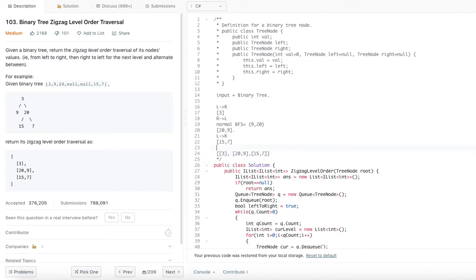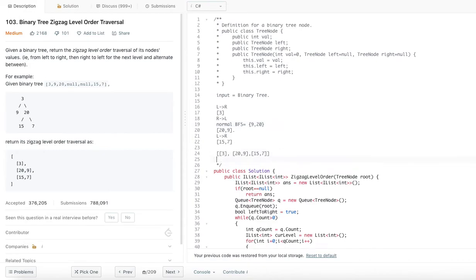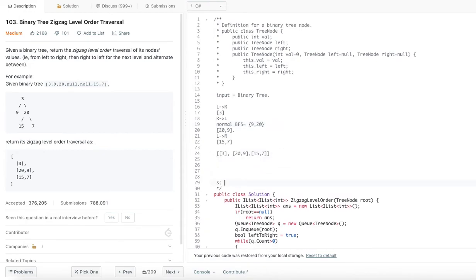So the only catch here is, we are fine as long as it is from left to right. We have to worry about how to convert that when it is right to left. We could use various things here. For example, if we do the normal BFS and put the elements into a stack. So let's say this is my stack. I put 9, so 9 is the top now.